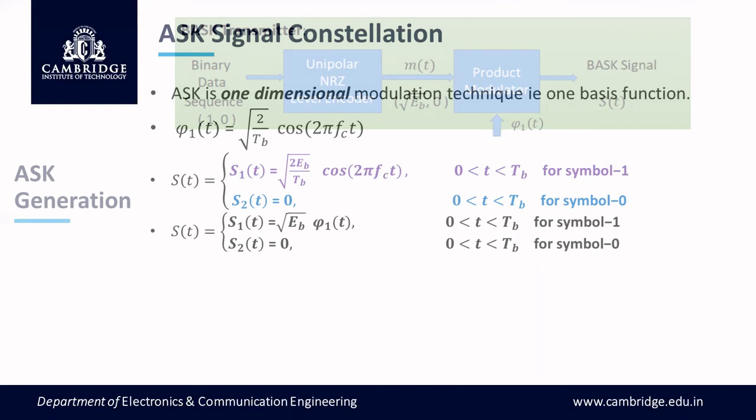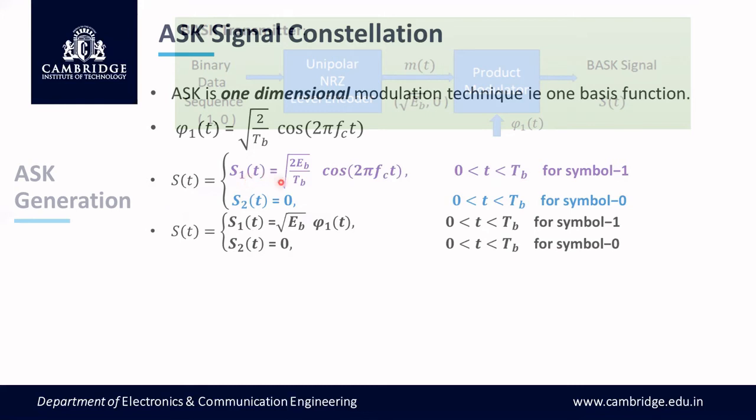Two blocks: unipolar NRZ level encoder, and the product modulator. To make the signals unidirectional, in this level encoder, we have taken the input binary sequence, that is the sequence of ones and zeros, converted to some amplitude levels, as we already discussed. We look into the final equation of the ASK signal, S of t, which has two different signal representations to represent two different symbols, 1 and 0. This is done by this level encoder.